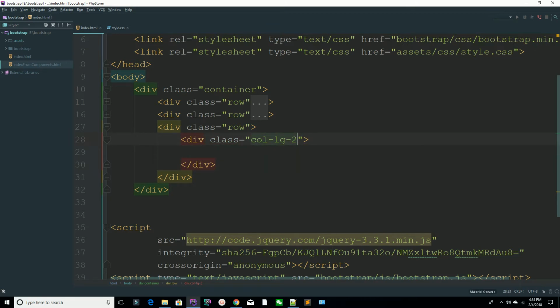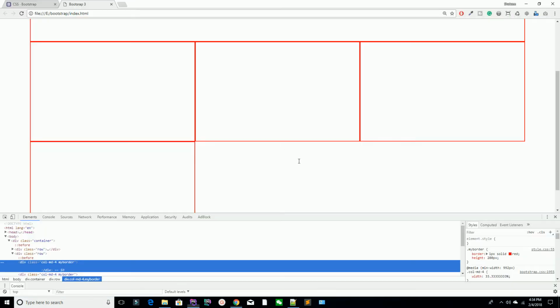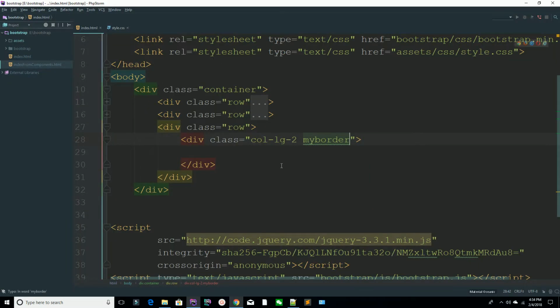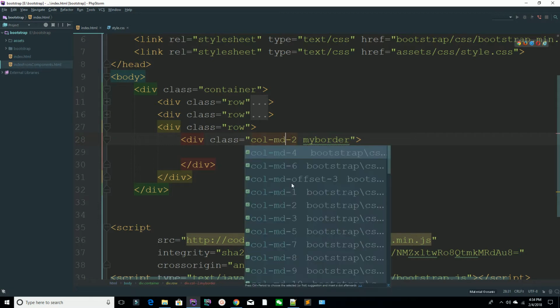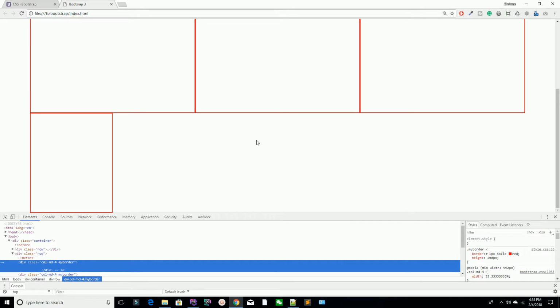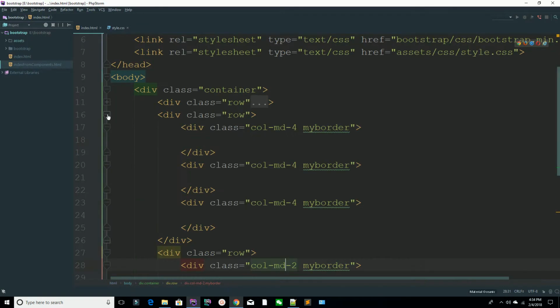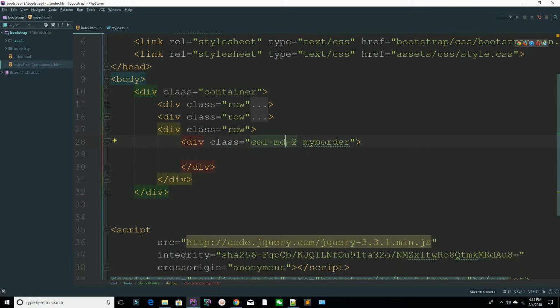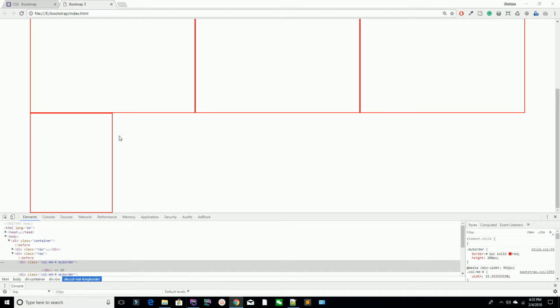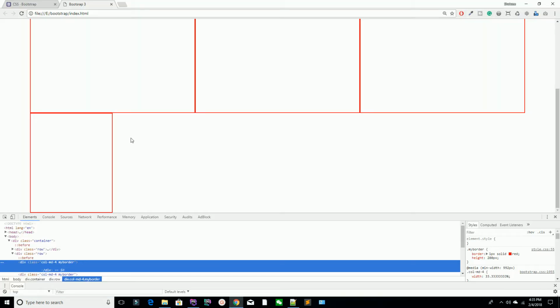So now what you need, I'm going to add this border. Okay, I'm saying medium. Don't worry, I'm going to cover it, because we are using the column MD4 class. That means we are saying please add 4 columns, but medium size. So now I'm saying col-md-2. So we have a 2 column. So in this row